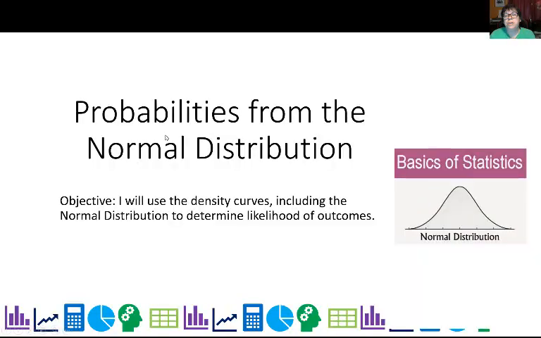Now, today we're going to start one of the most popular distributions, the normal distribution. But since we're getting closer to Halloween, I thought I'd show you the paranormal distribution. We won't be spending much time on that one today.